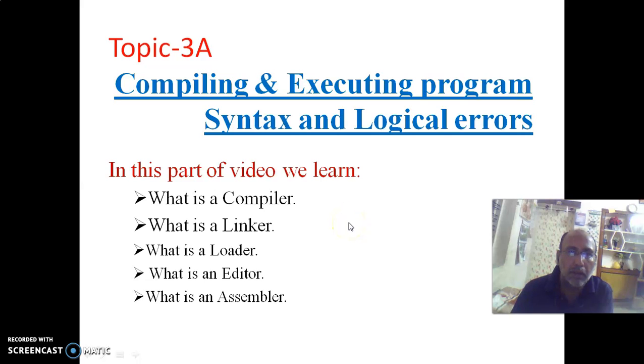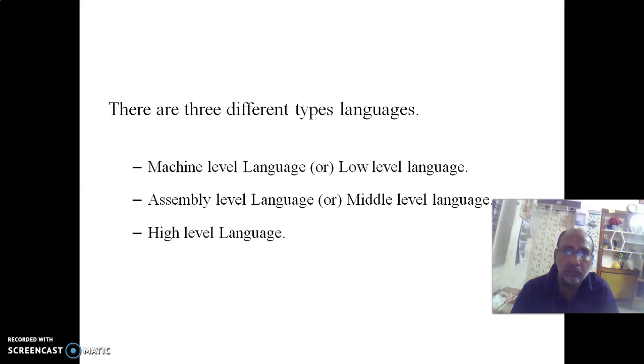In this topic, I am discussing what is a compiler, what is a linker, what is a loader, what is an editor, what is an assembler. Before explaining the compiler, linker, loader, assembler, editor,